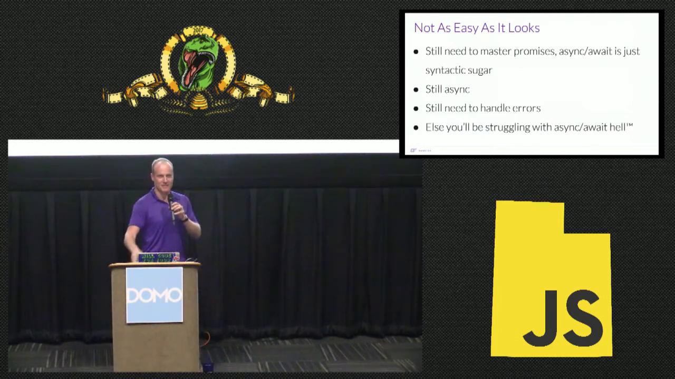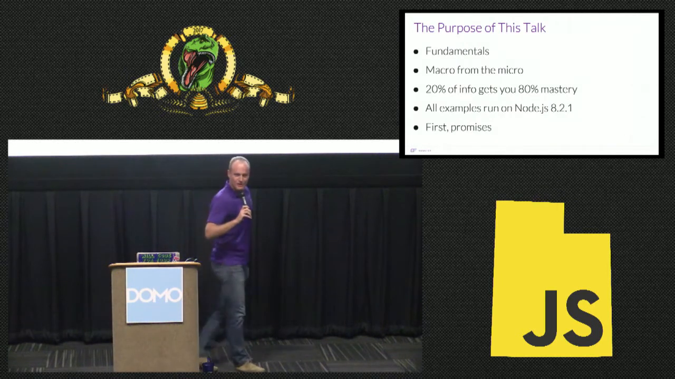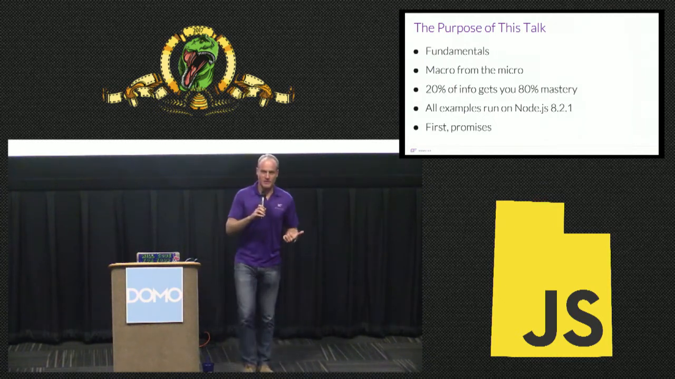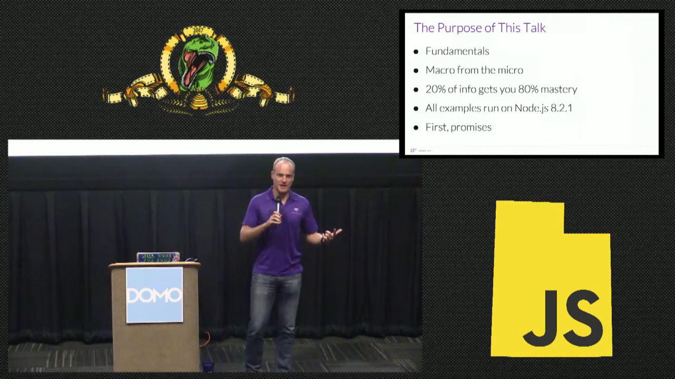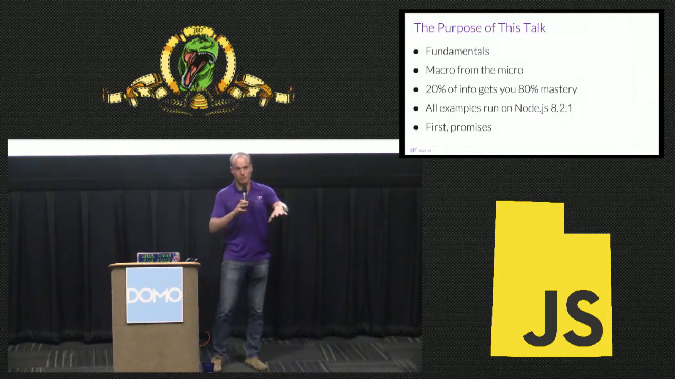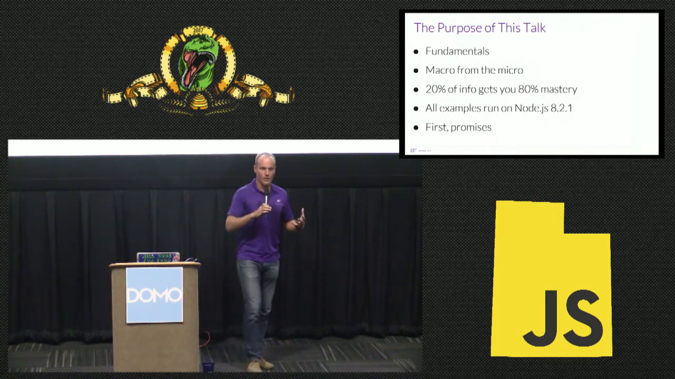First there was callback hell, then people started having promise hell, and before you know it, there will be async await hell too. So overall overview of this talk, going to be focusing mostly on fundamentals and kind of building up the macro from the micro. So talking about kind of like the real nitty-gritty details of how async await works